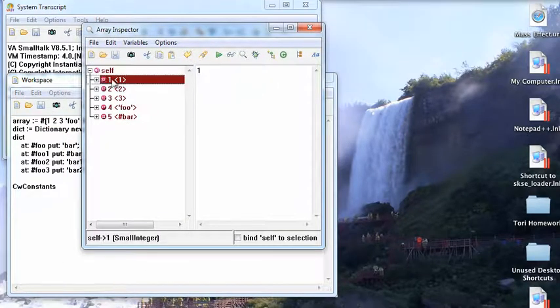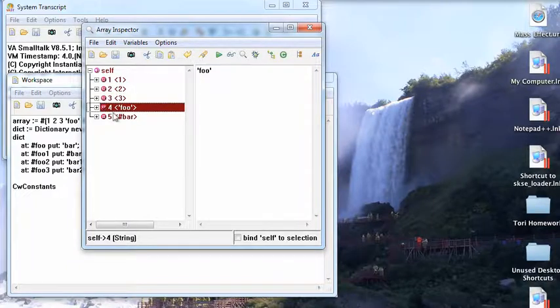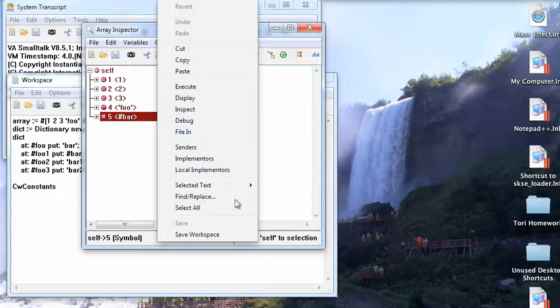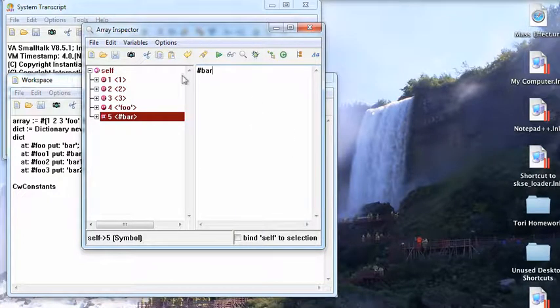You see the way the inspector's set up, we have over here the elements, and then over here the values. So I have element 2, element 3, element 4, element 5, and we can see what the values are over here. And pretty much that's all there is to this. You can, of course, highlight this and do various things with it off the standard text menu. And you can also